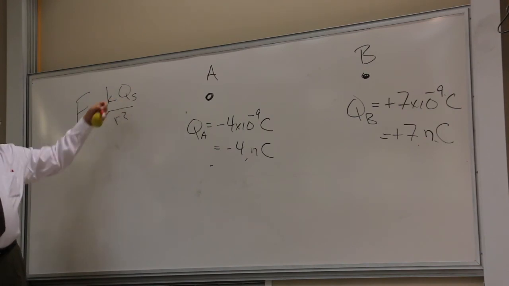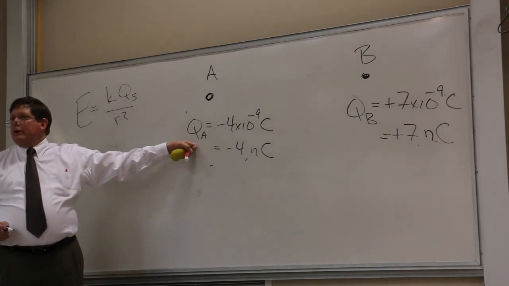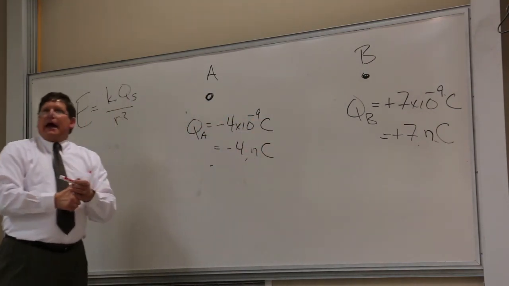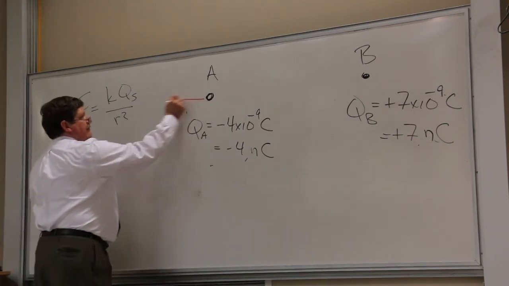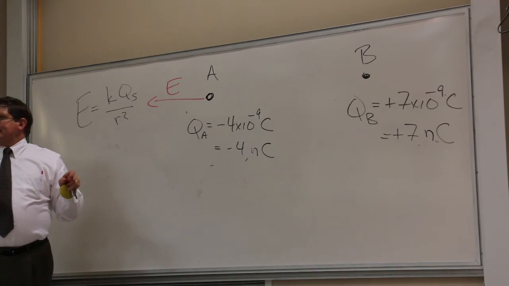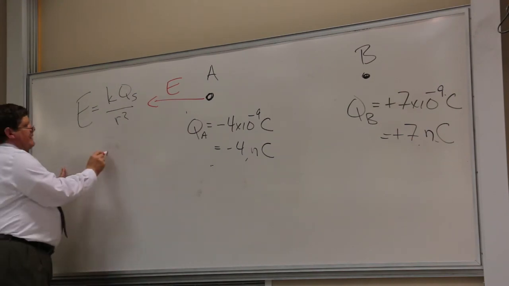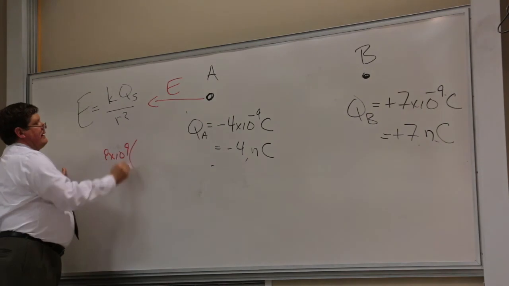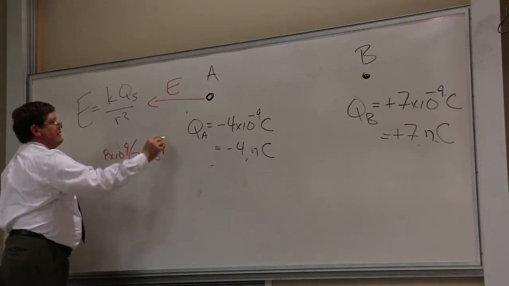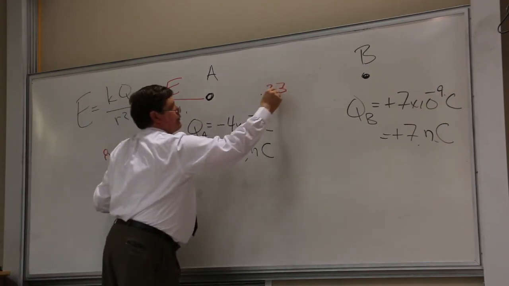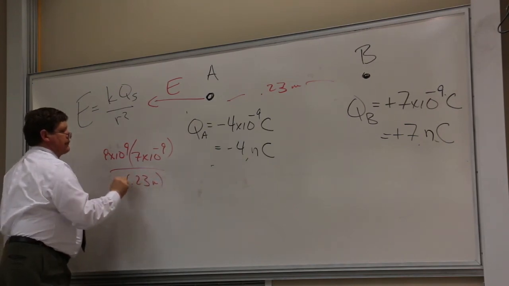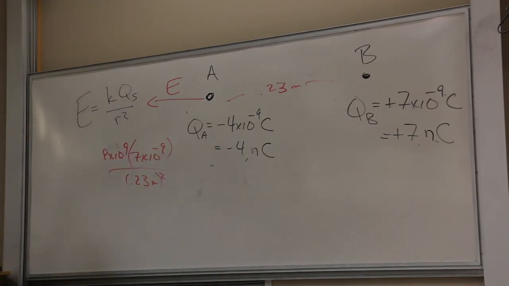The problem statement said that A is the one that's experiencing the field, that means Q must be creating the field, and because Q is positive, the field is going to be that way there. Okay? And so I would put in a K value of 9 times 10 to the 9th. I would put in QB as my source, 7 times 10 to the minus 9, and this distance is 0.23 meters, so I'd put 0.23 meters squared. And that would be the electric